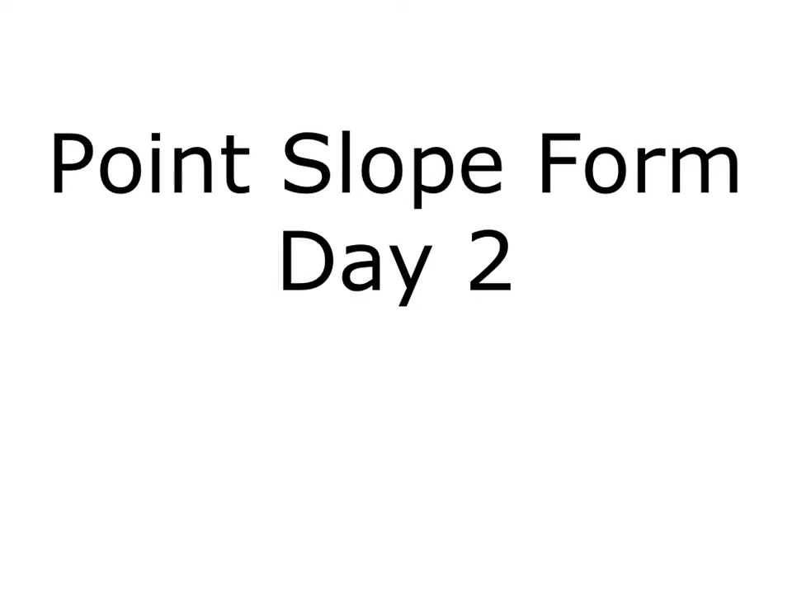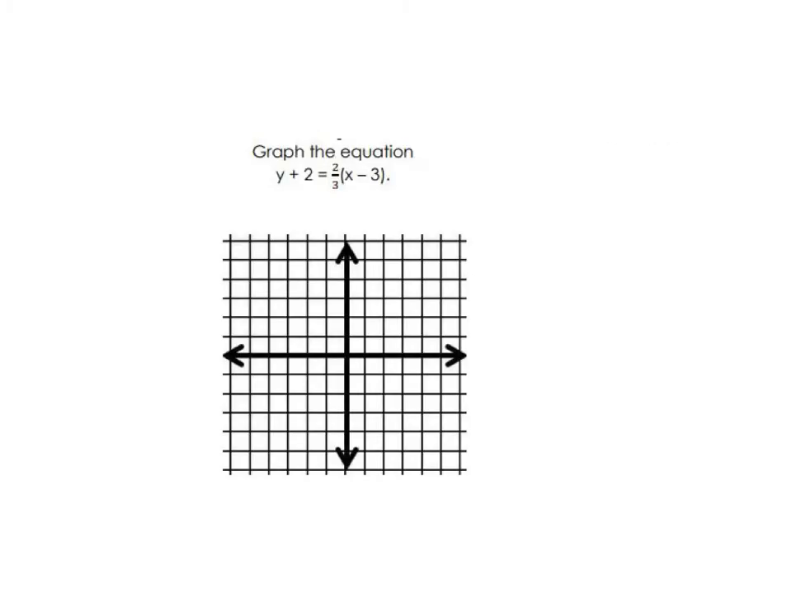So, again, back to point slope form. All right, so here's our first example. Remember, when we've graphed in the past, we needed a slope. And in this case, we're actually going to need a coordinate. So we're going to need an x and a y value. Remember, our point slope form